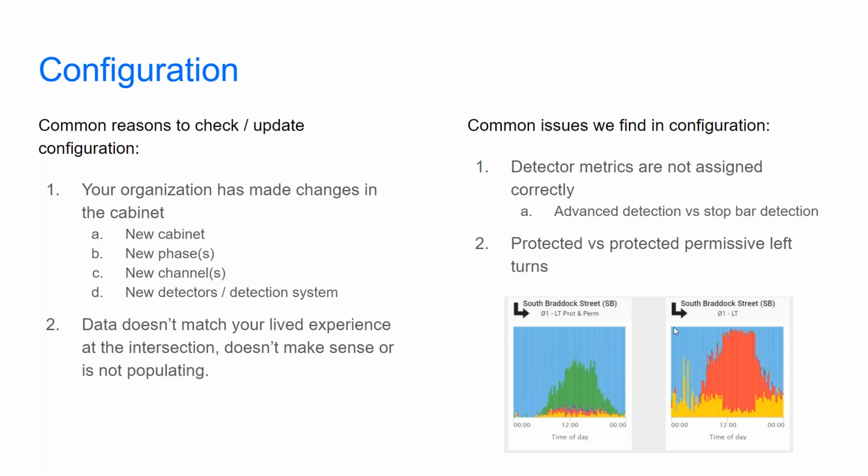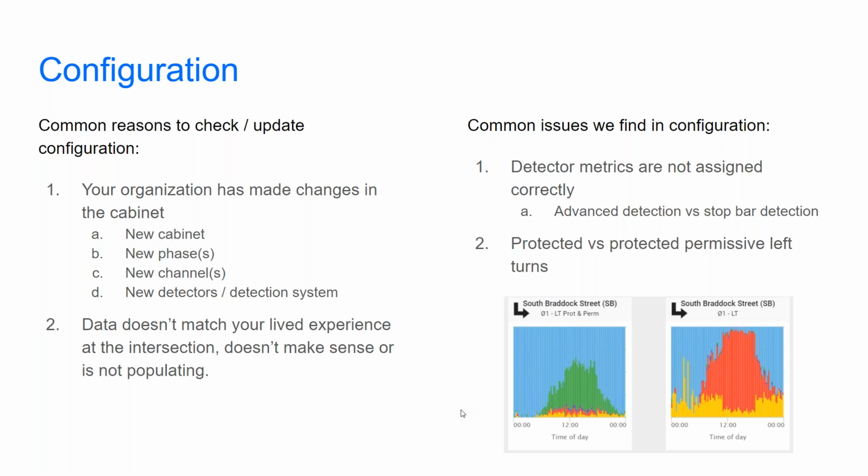Just building on a couple more points for the configuration side. Common reasons why we do see discrepancies or we do need to check or update the configurations. Sometimes the controller gets changed, the timing plans get changed, maybe there's a new phase added for protected left, or maybe a new detector channel set is now being used. We often see the new channel one or the new detector system one be when a customer goes from, say, loop detection over to MyVision detection, and it goes from, say, a different detector rack to a new detector rack. We just have to update it in kind and make sure that the right detectors are associated with the right